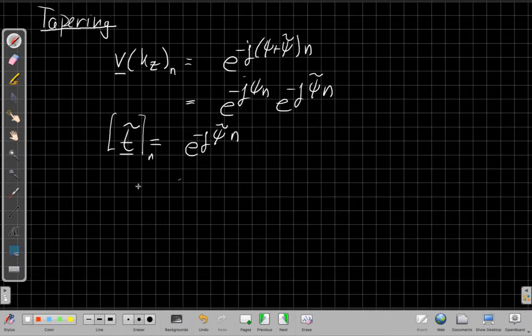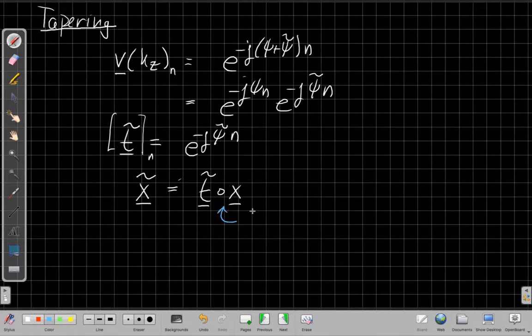Then I can think of the modified version of my measurement as an element by element product of t tilde times the actual x I measured. I'm going to take the real signal and then apply this, where the dot in the middle represents what's called a